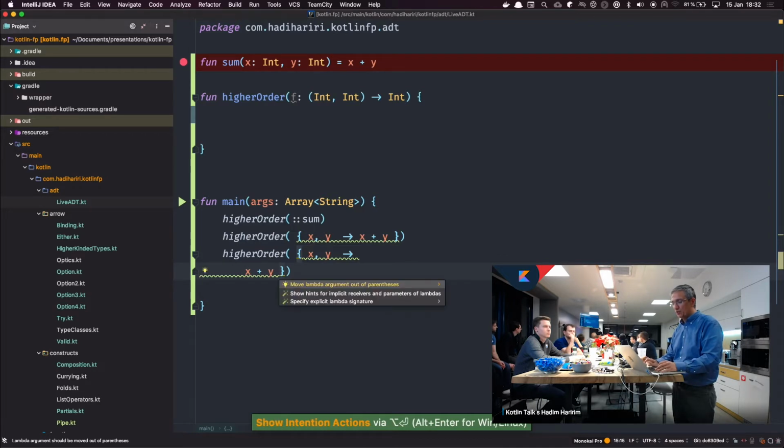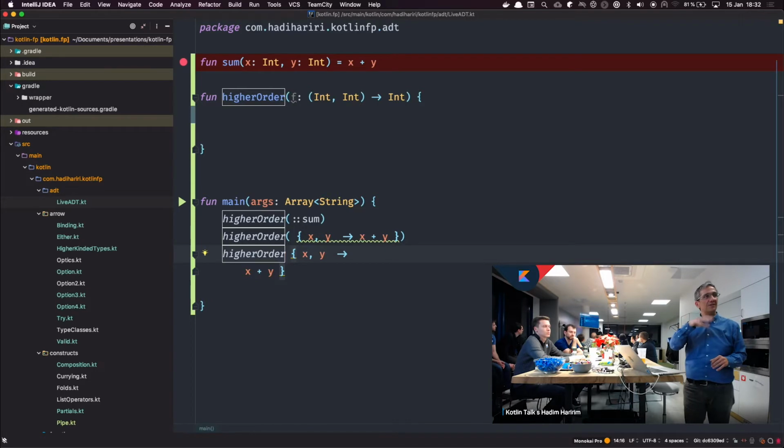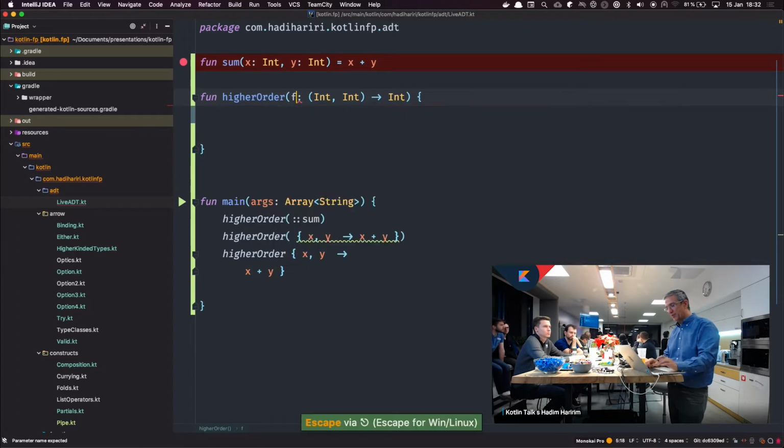And of course you can also, if the last parameter to a function is another function, move it outside of the brackets and write it in multiple lines, which is kind of nice. By the way, the most interesting thing you'll learn here today is, instead of doing F, what you can do is write Alt